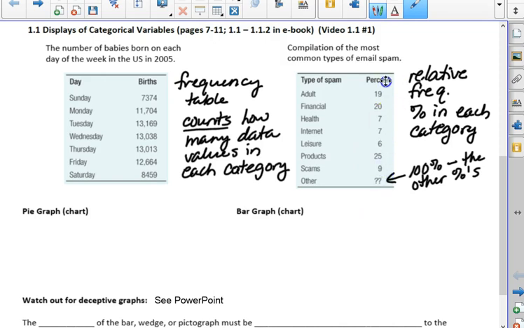Now, sometimes there's some rounding error, and maybe they'll add up to 99.9 or 100.1. That's okay with a rounding error. But if you have a relative frequency table that only adds up to 89%, you've got to figure out what the other 11% of the data is. Sometimes it just falls in this other category. This would be the total amount of data here if you added this up, like the total number of births